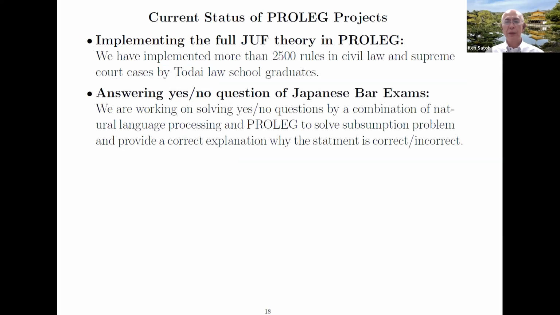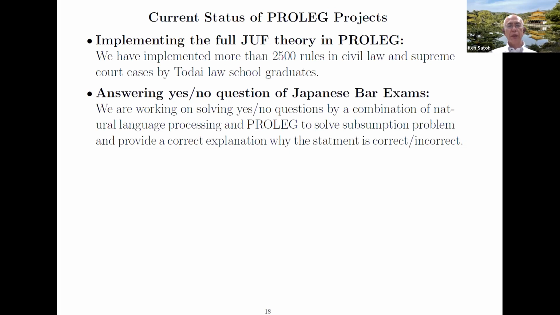And the current status of the PROLEG project is as follows. We are implementing the full theory in PROLEG about contract law, and we have implemented more than 2,500 rules in civil law and Supreme Court cases by Todai Law School graduates, which is the best law school in Japan. And also